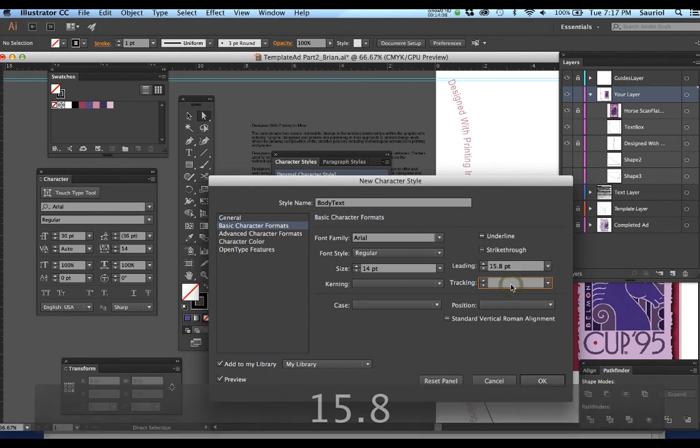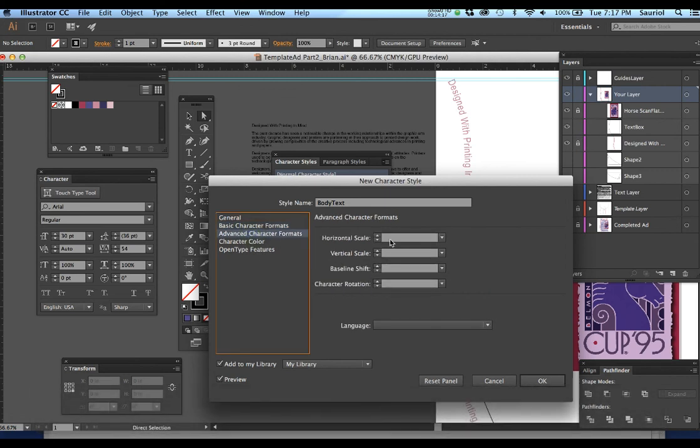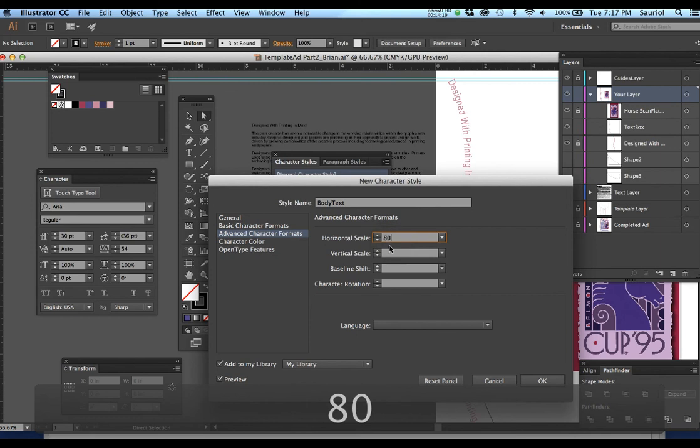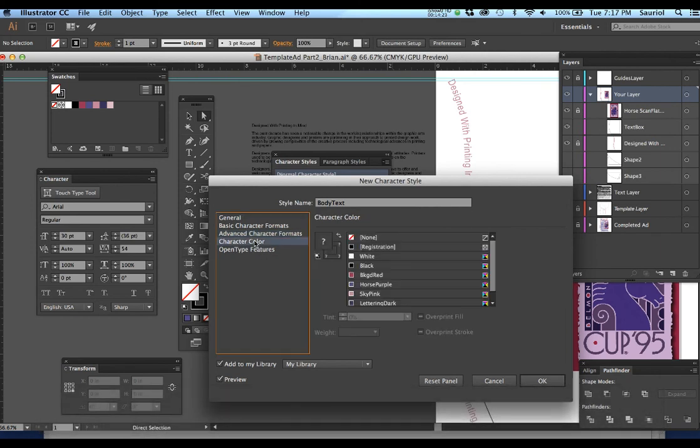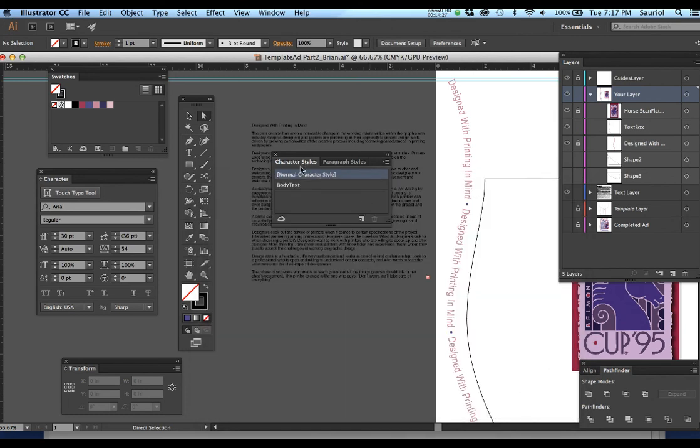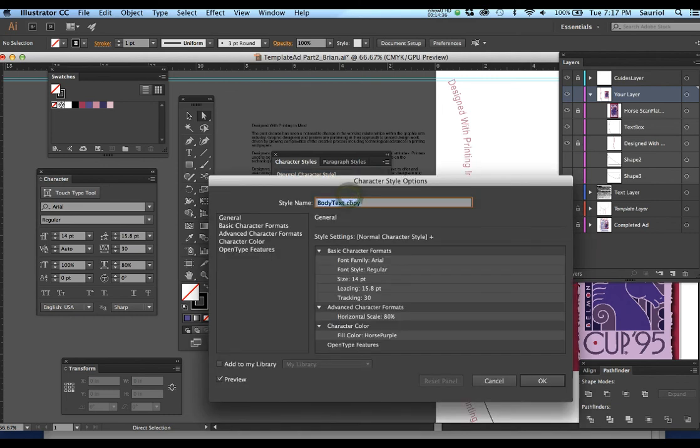Let's make the tracking, as according to page 2 on the handout, 30. Let's now find where in advanced character formats I can do the horizontal scale to 80. And the color is horse purple. So let's go to horse purple and say OK. Now I've got this made perfectly. Now all I have to do is pick it up and duplicate it, double click it, name it drop cap,